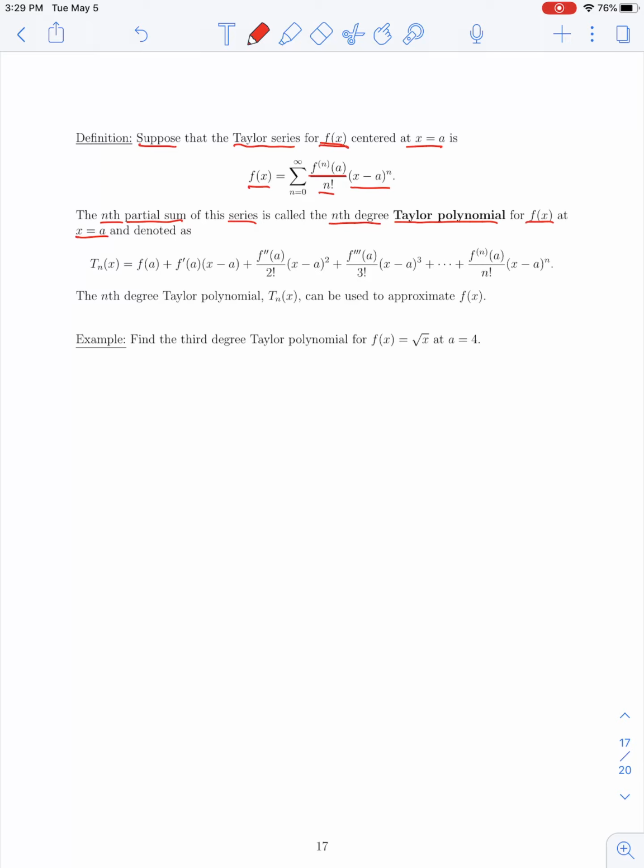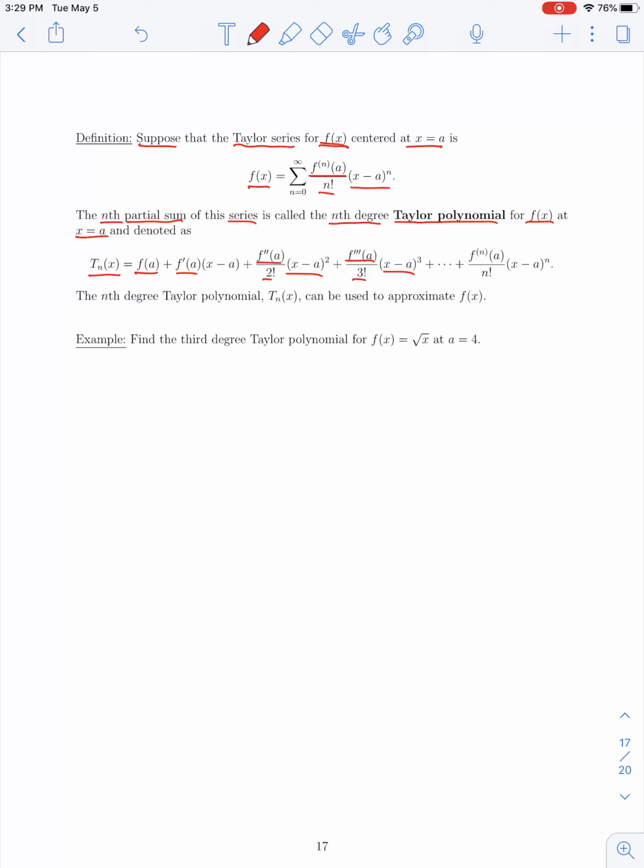So this Taylor polynomial is denoted as T sub n of x, the nth degree polynomial. The subscript denotes what degree we're working with. If we were to write out the sum of the first n terms of our Taylor series, when n is equal to 0, we have f of a, then the derivative of f at a times (x minus a) to the first, then the second derivative, f double prime of a over 2 factorial times (x minus a) squared, the third derivative of f at x equals a over 3 factorial times (x minus a)